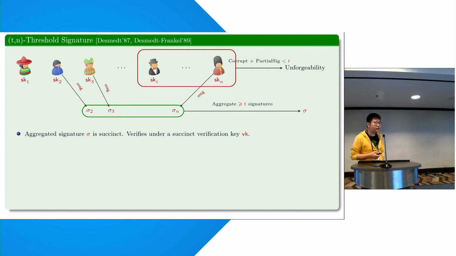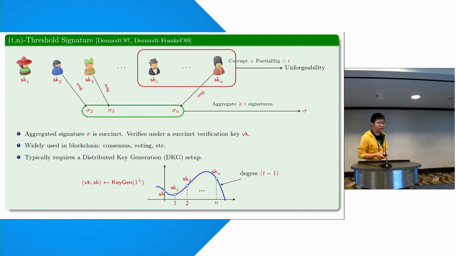The security guarantee is that if the adversary corrupts less than threshold number of parties, then they shouldn't be able to forge a valid aggregate signature. Threshold signature is widely used in blockchain settings, and the standard way to do it usually requires a distributed key generation setup. You sample some verification key and a secret key from the underlying signature scheme, and this secret key SK is secret shared among all the N parties. So the SK_i's, the private keys of each party, are correlated. In particular, if you're using Shamir secret sharing, they form a degree T-1 curve that interpolates the secret